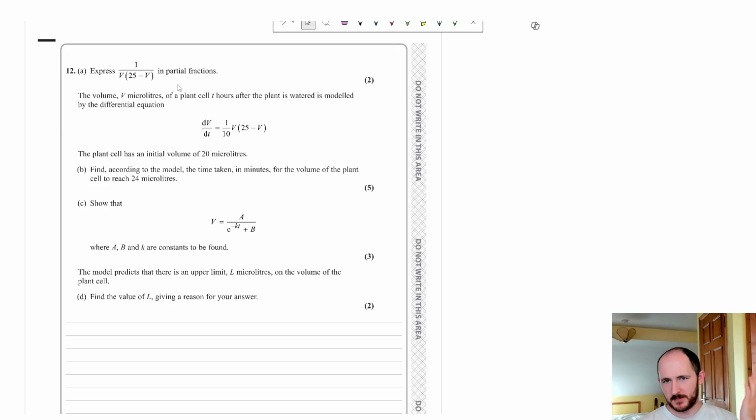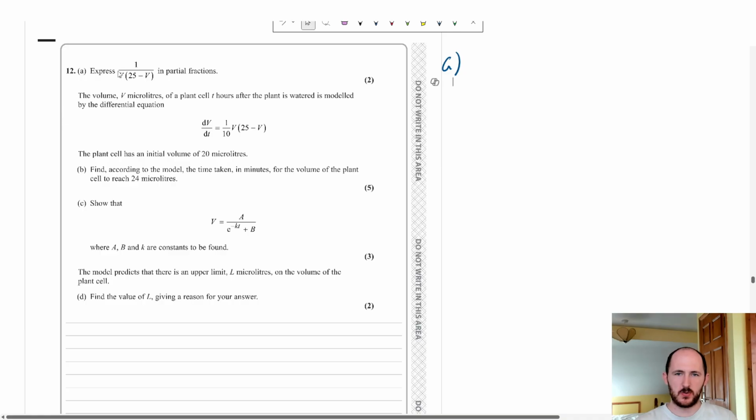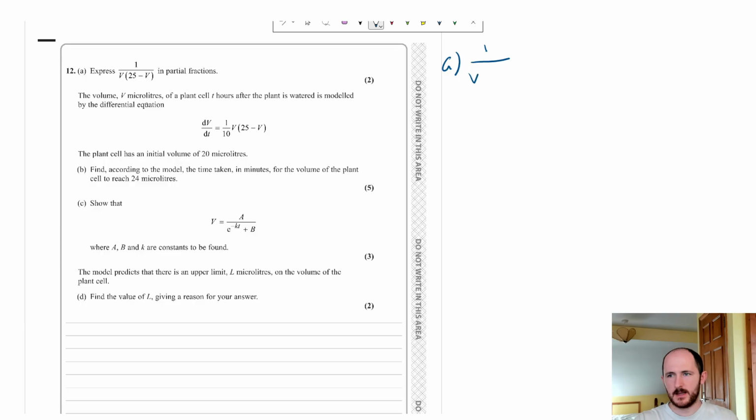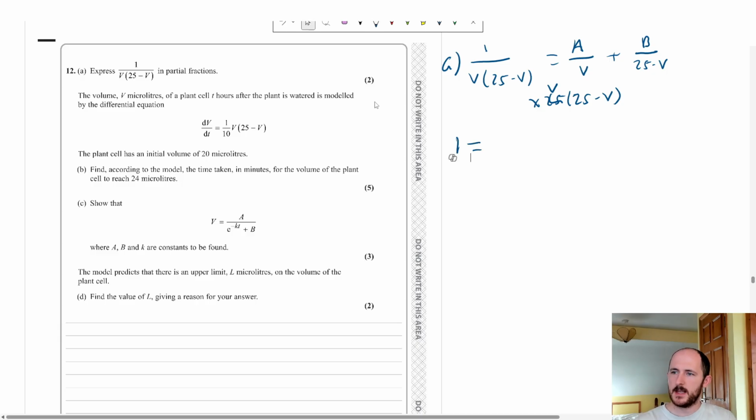Okay, so first question, partial fractions, absolute classic, lovely. And again, because we have 2 factors in our denominator, that means we're going to have 2 separate fractions. So it's going to be a over v plus b over 25 minus v. And then to solve this, a really useful trick is timesing through by the denominator on the left. What am I doing? That's v, 25 minus v. So timesing through by that, we get 1 equals, now here the v's will cancel, so we're left with just a 25 minus v